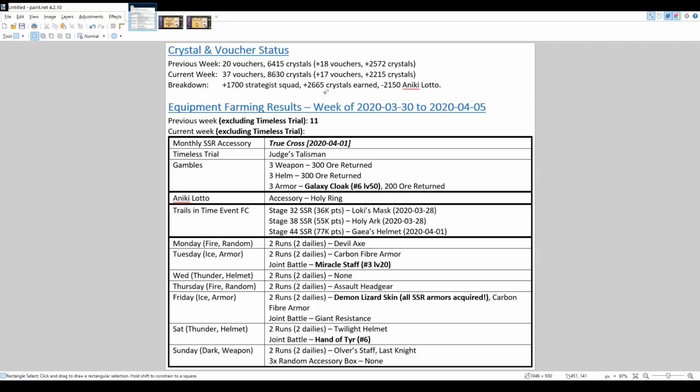But I imagine I got a few from, let's say, doing regular arena, because regular arena matches have a chance of giving you vouchers. From doing the daily world event that can give you crystals or vouchers, and the others come from, let's say, timeless trial, limited time events, daily logins, and so on. So that is the change in my crystals and voucher count so far. So steadily building it back up,